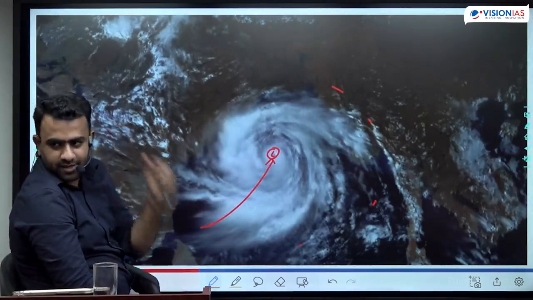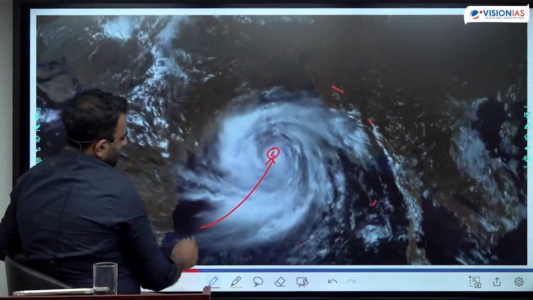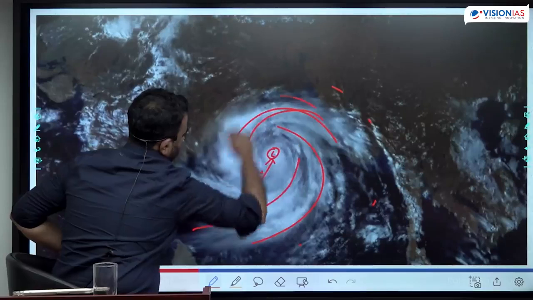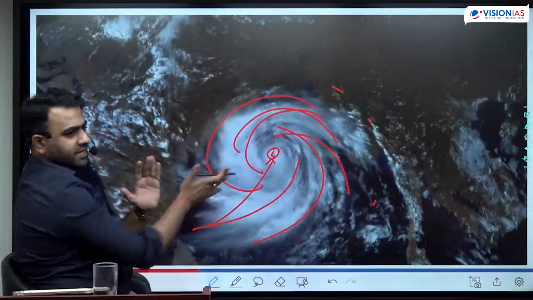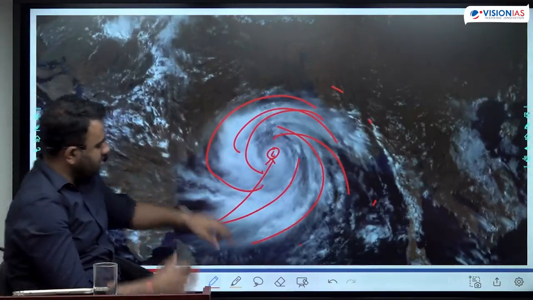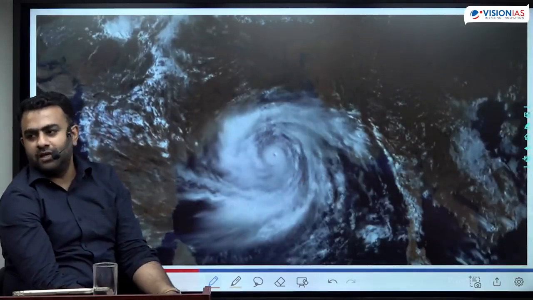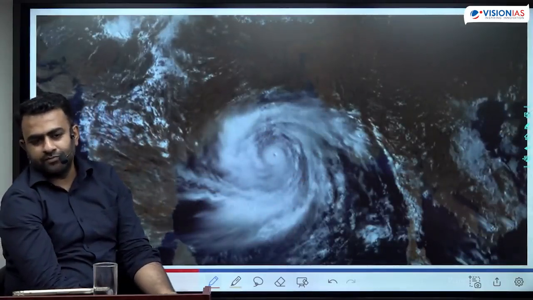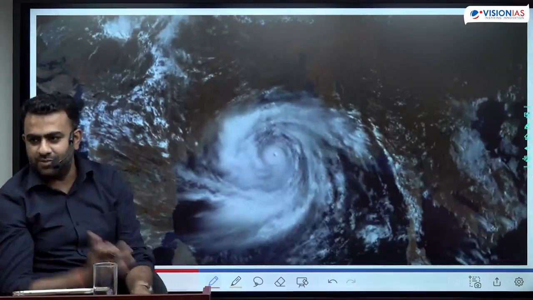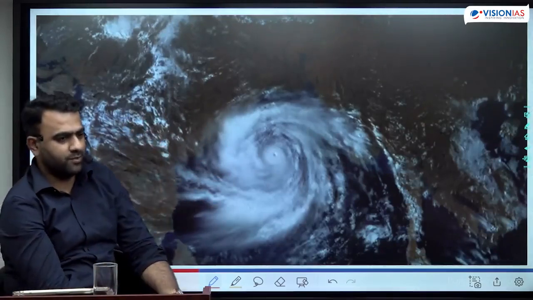Low pressure attracts the air. The pressure drops at such a fast rate, the entire winds are moving in this manner, converging and rotating like this, getting deflected towards the right side, right? It happens in such a manner that the entire clouds are rotating. Can you see? You can see the clouds spinning. Spinning cloud system. Not in the manner the way we studied thunderstorm. This is a very big structure. You cannot imagine them to be moving as such.